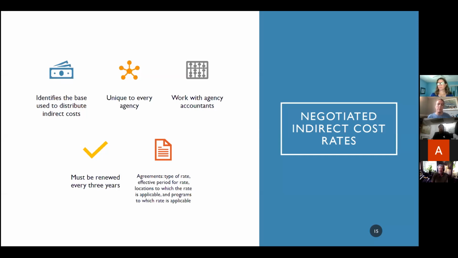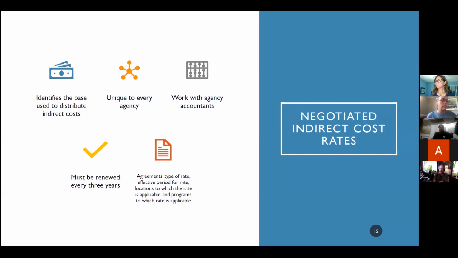Okay, I'm not going to spend too much time on this. We know that in addition to the de minimis 10% rate, there is also the negotiated indirect cost rate. A couple of things happen in that. As part of that proposal, you're going to establish what cost base you're charging your indirect costs on. Everybody's rate and cost base is unique to every agency. You really need to work very closely with your accountants in developing these